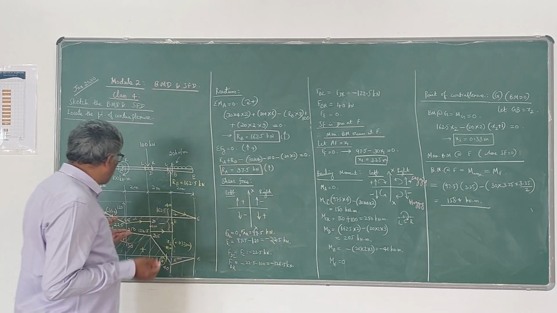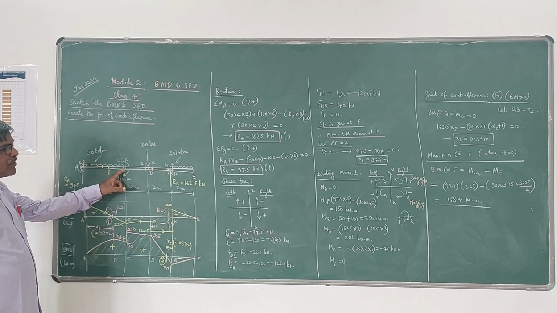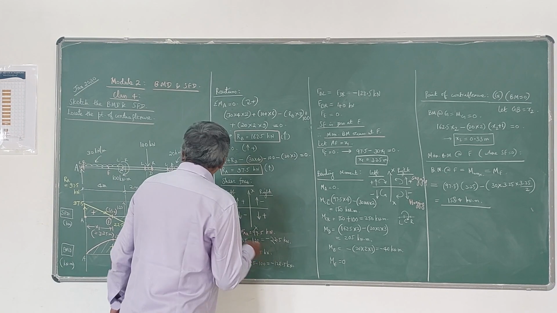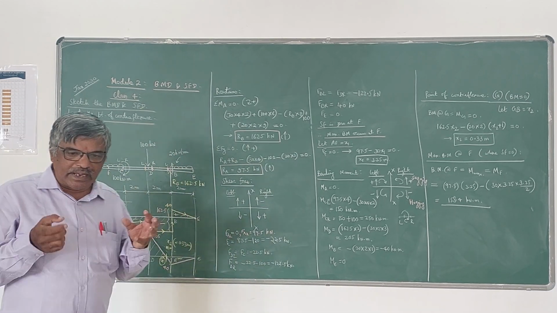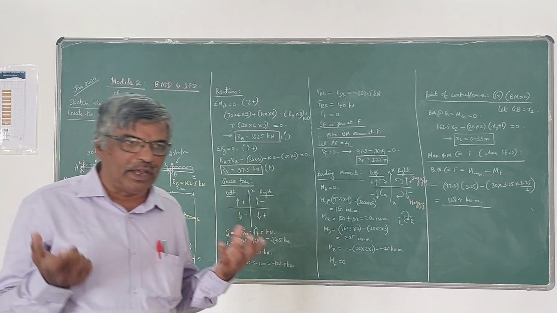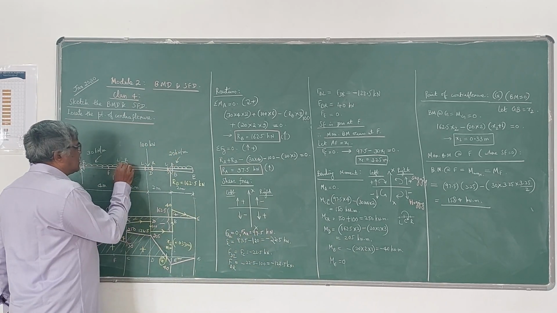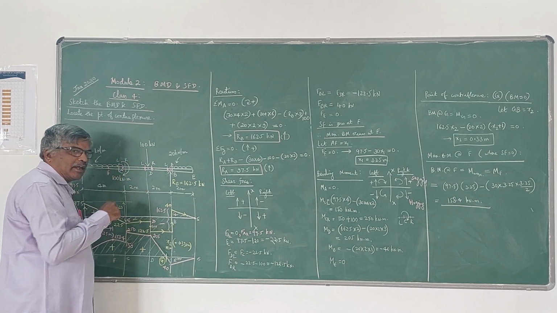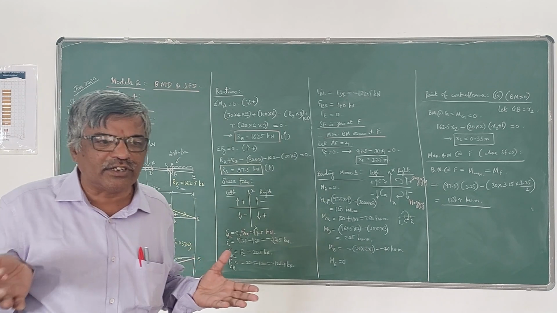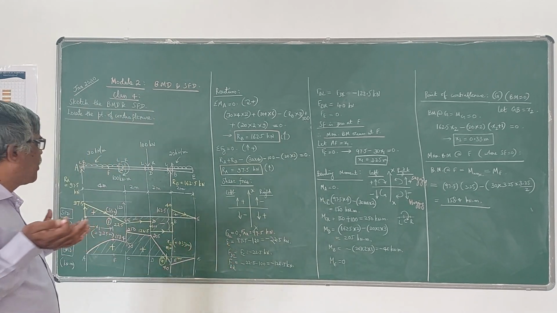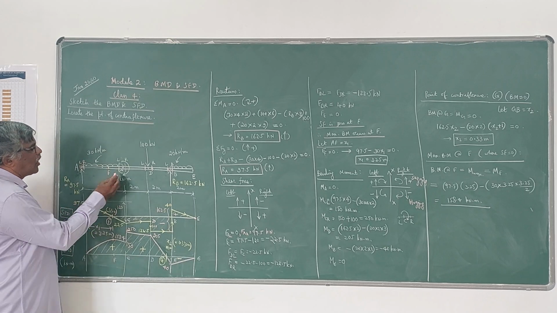Now let us write one by one. At point A, bending moment is 0. Then we move to point C. Here, when we are talking about bending moment, if any external moment is given on the beam, at that point you have two values of bending moment. If a point load is given at any point, you have two values of shear force. If an external moment is given at any point, then it will have two values of bending moment. Now, how to calculate that?